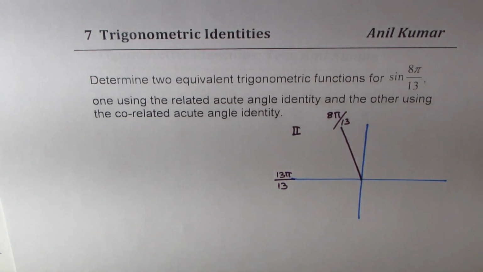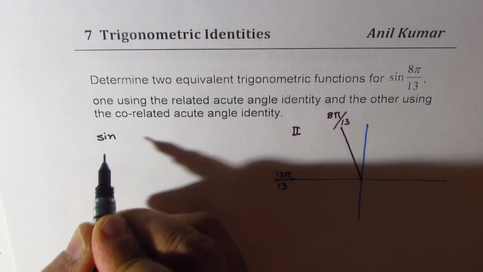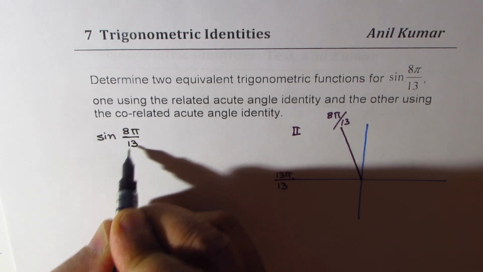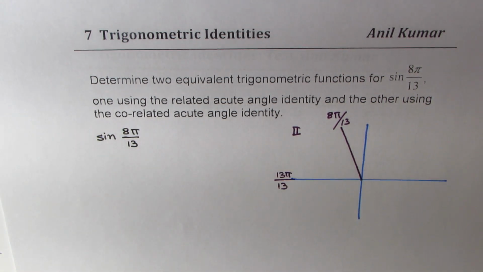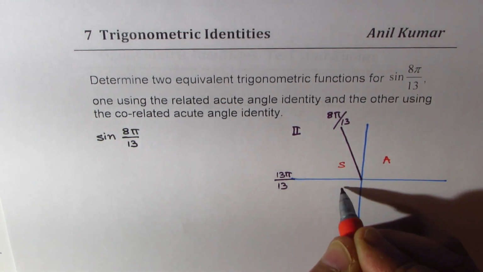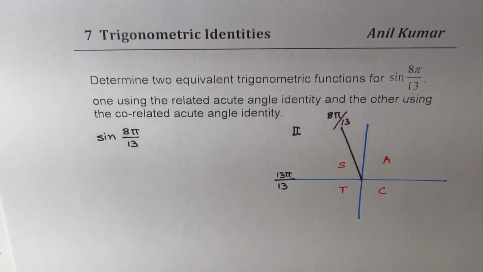So in quadrant 2, we are looking for sine of 8 pi by 13. So it is positive, right? Since we know that all are positive here, sine is positive here, tan positive in 3, and in quadrant 4 cosine is positive. So we are expecting a positive value. So that is one thing. Second is